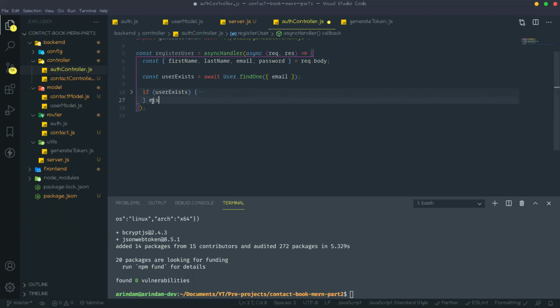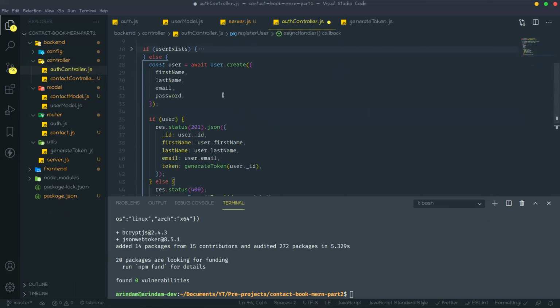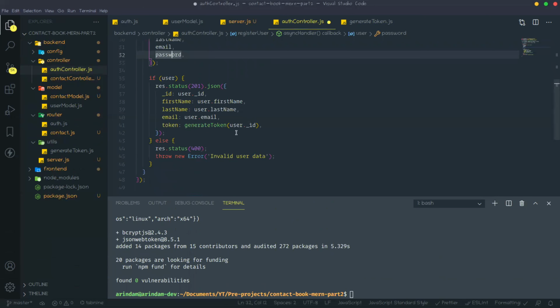Then else, if that user does not exist, we need to create and send the response. You already know about the create function. So just User.create, then pass those parameters, and if that user has been created, then send that response.